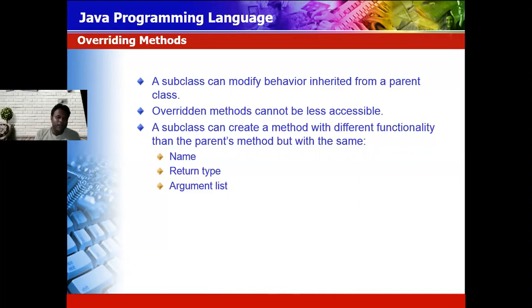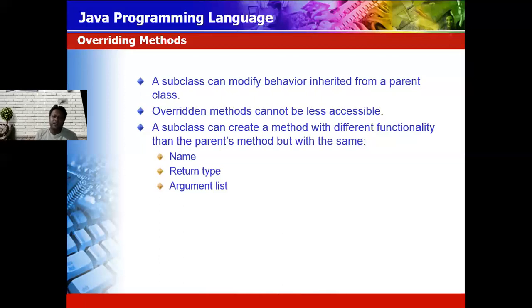Child class means a specialized class. In a child class or overridden function, the function you use has some extra functionality. The parent class has some function. We redefine the function in the child class by adding some new functionality to it. So it contains a name, a return type, and arguments.